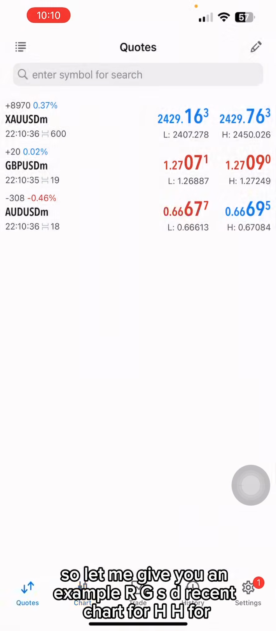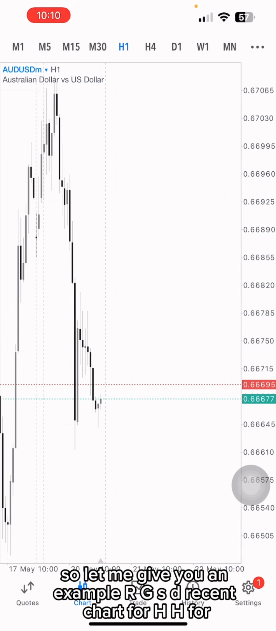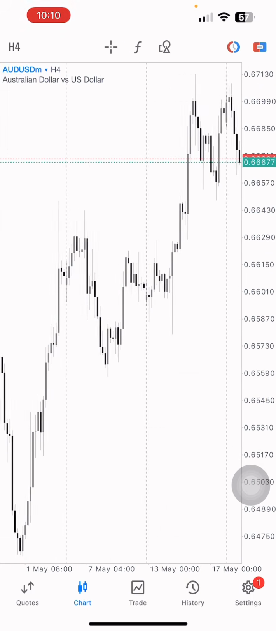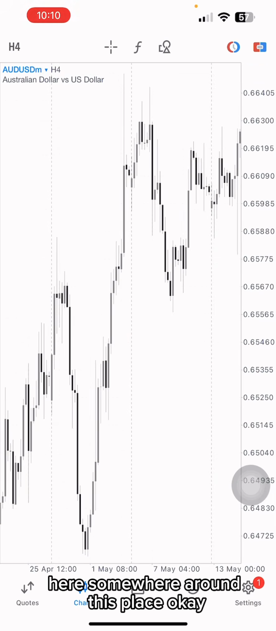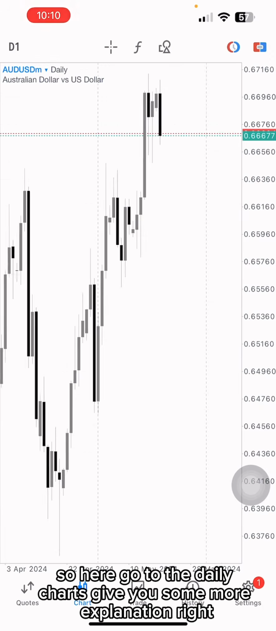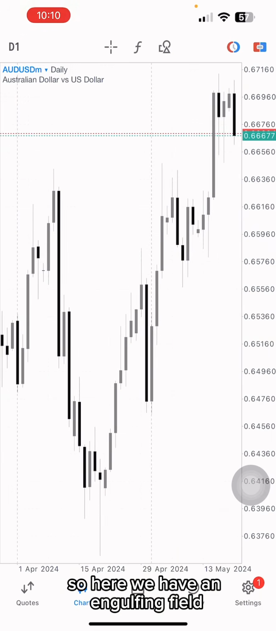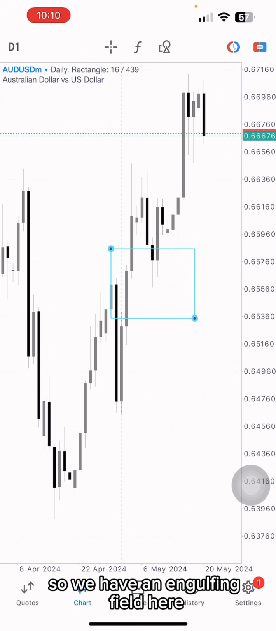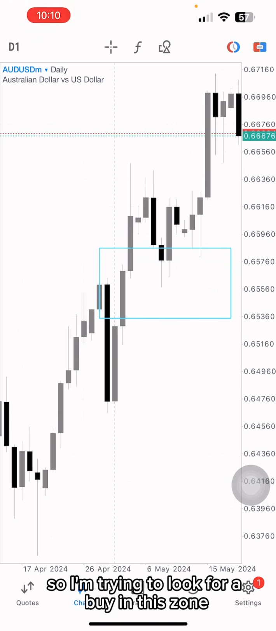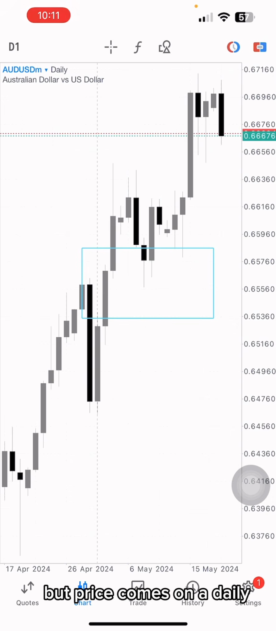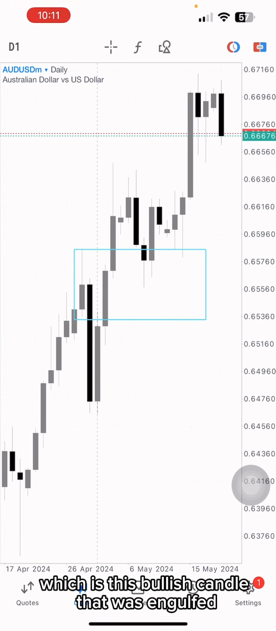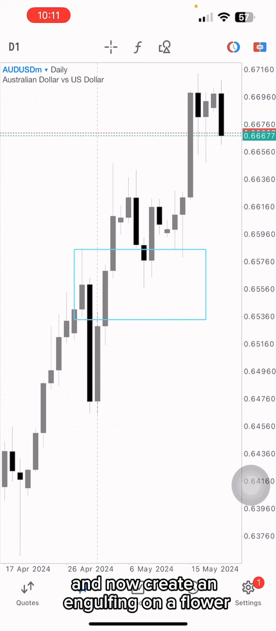This is the AUD/USD recent chart for H4, somewhere around this place. Here, go to the daily chart, let me give you a small explanation. Here we have an engulfing failed. Price has broken out, so we have an engulfing failed here. I'm trying to look for a buy in this zone, but price comes on the daily, hits the daily engulfing failed, which is this bullish candle that was engulfed, failed, and now